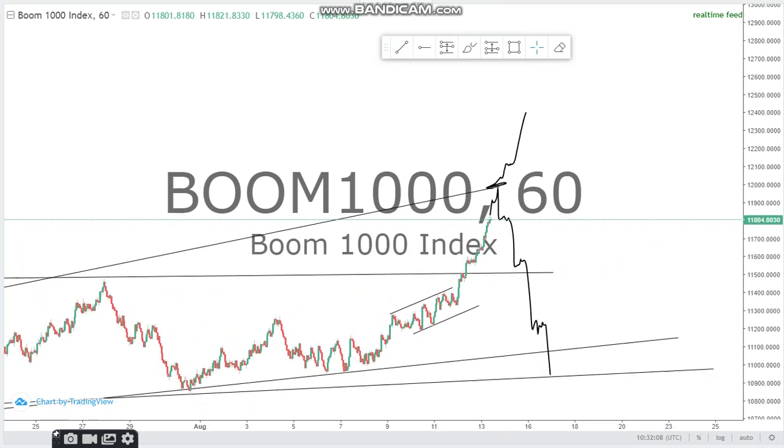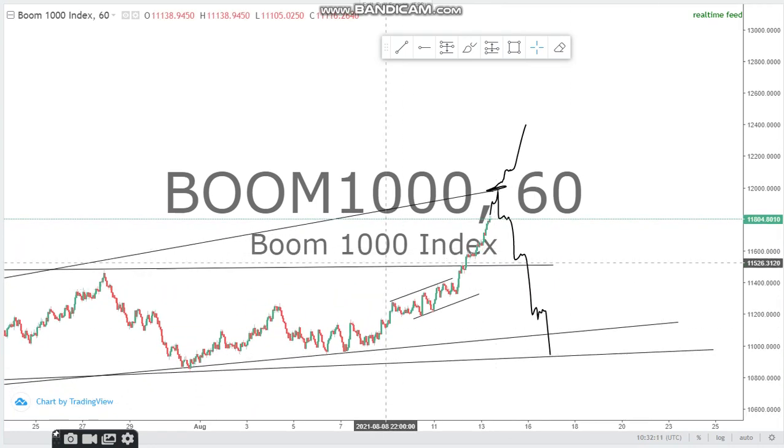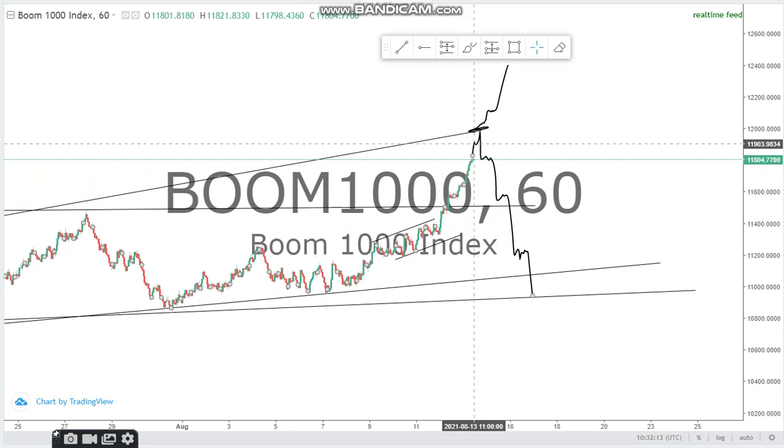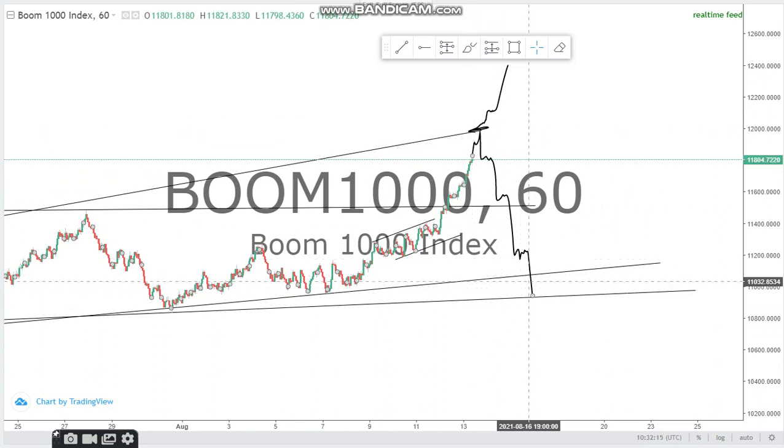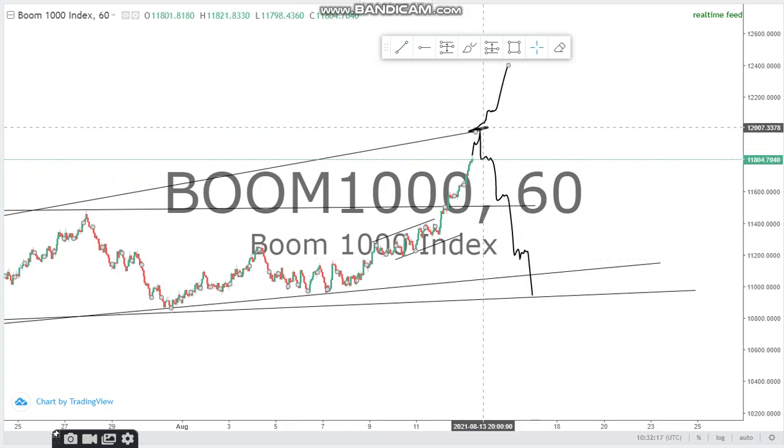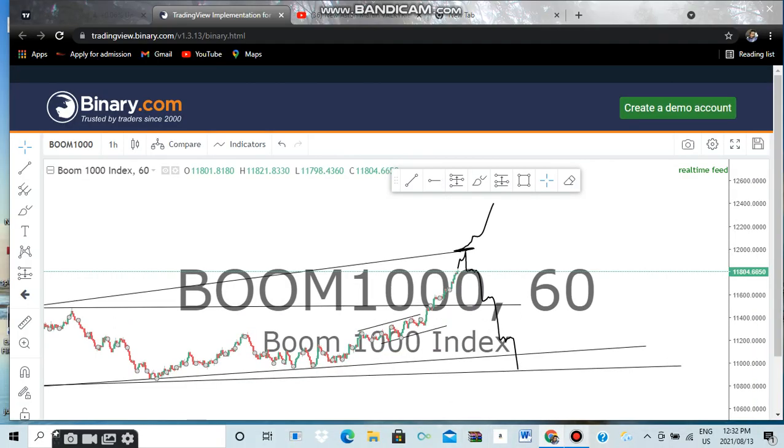So let's just wait for the market to do its thing. Then that's when we're going to have our comfortable sells to this point. But wait and see if you have rejections when the market reaches this point. Then that's when you can have